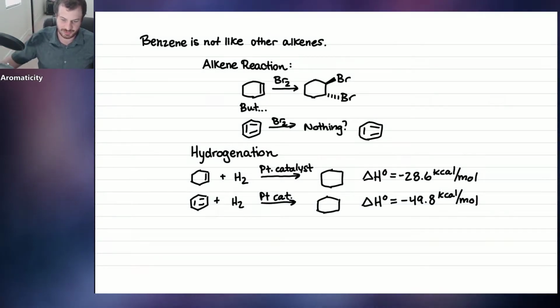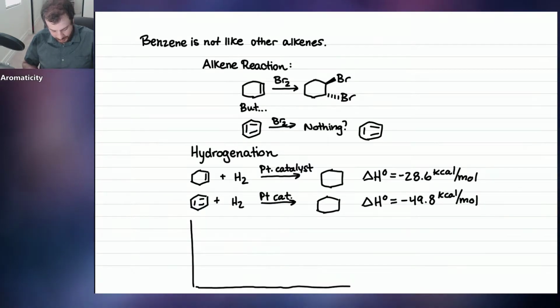Well, that doesn't sound too unusual, does it? Why was that shocking to them? Well, maybe it's better to look at this in graph form. So let me just draw a mini graph here, just like we did with the conjugation chapter to try and illustrate this purpose. On the y-axis, we're going to have energy, and along the x-axis, let's draw the different species, okay?